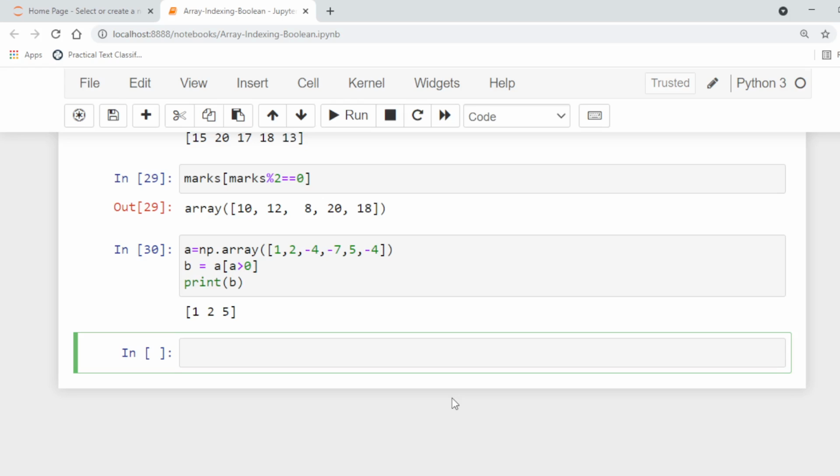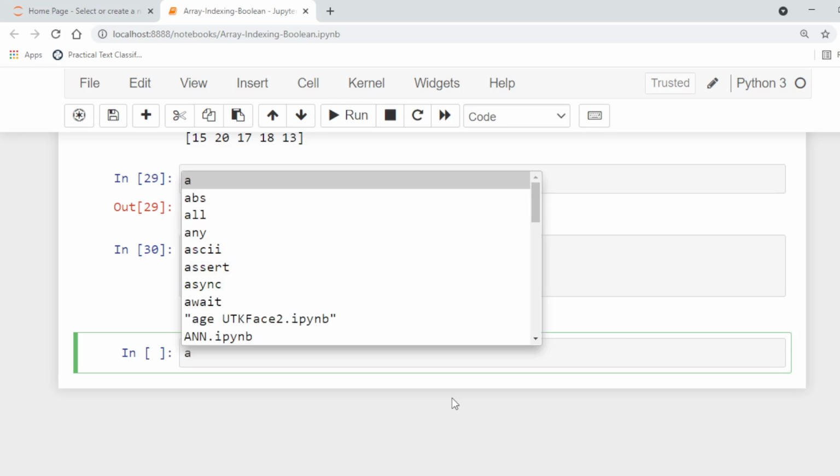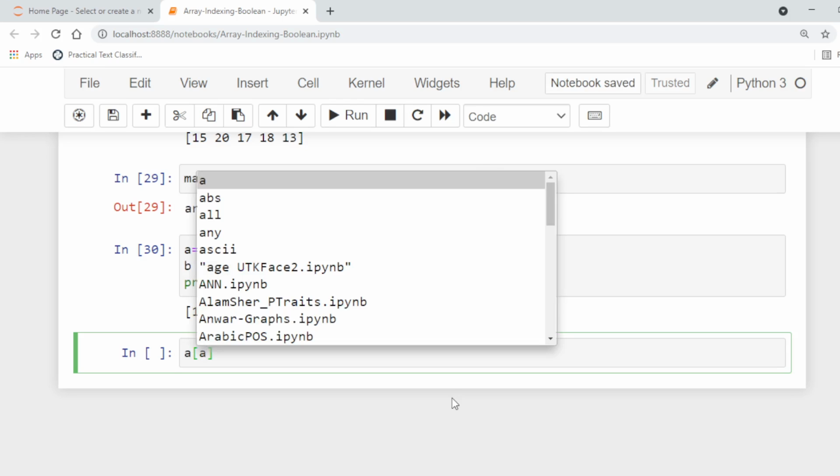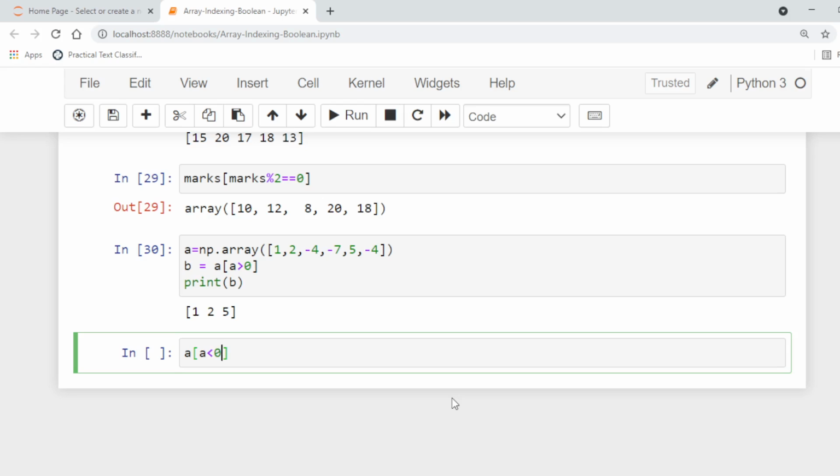In this way we can specify different conditions. If we want to add some value to the negative values, we can write it like this: A where A less than 0, and then plus equal to 10.